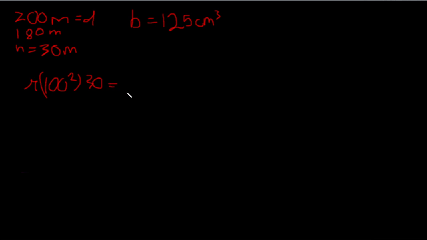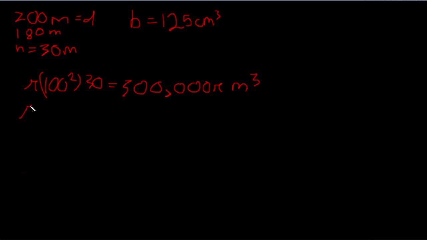That's 10,000 times 30, so 300,000 pi meters cubed. Now for the volume for bricks, we take our 180 instead of 200,